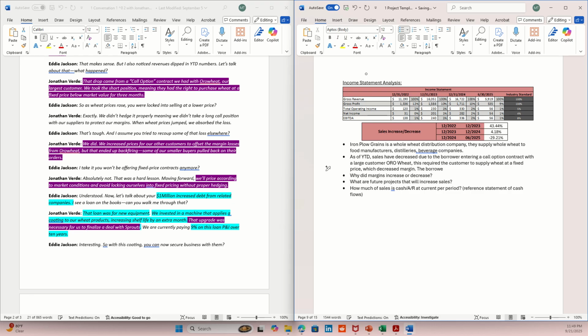The borrower attempted to pass on costs to their customers and instead